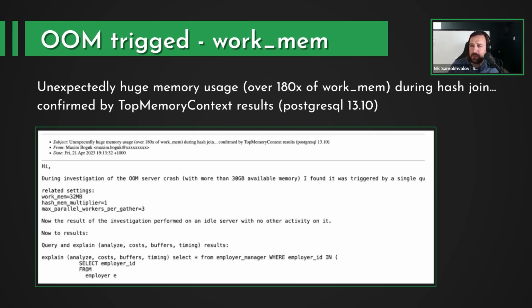But I wish there was a way to limit memory consumption of a single backend. It would be good to have. I think that is definitely something useful, because I've seen a case in one of the projects I worked on, where the OOM killer was triggered because of work_mem. Suddenly the server went down because it was out of memory. This is one example somebody posted online. You can see that they thought they had just allocated 32 MB and why would